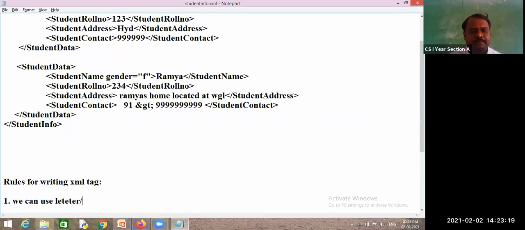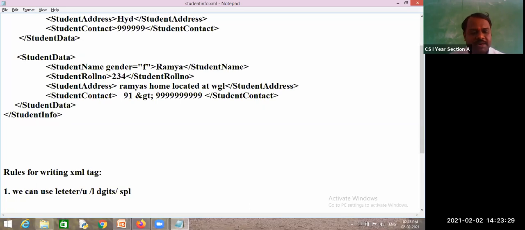What type of letters? Uppercase letters you can use, or lowercase letters you can use. You can use digits, and you can use special characters. These all are the allowed characters to write a tag.